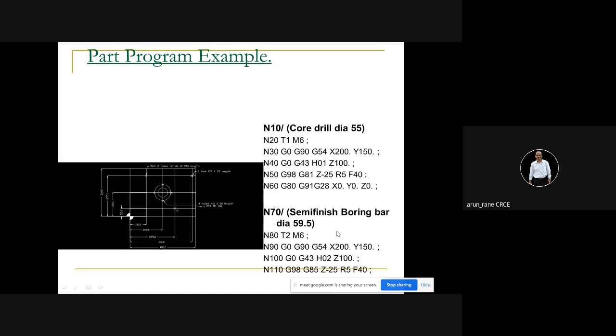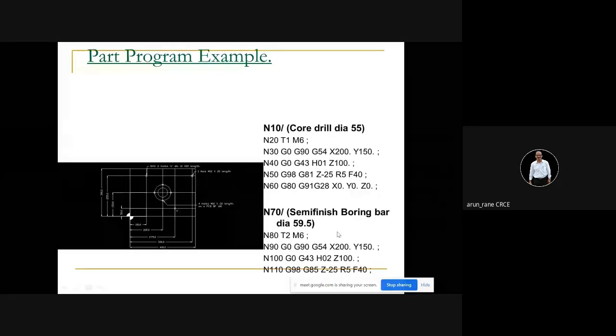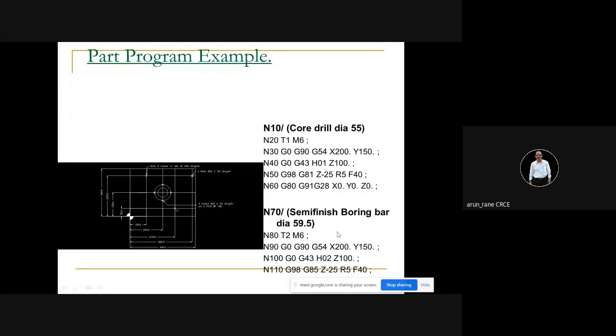The boring bar is retracted 1 mm or 2 mm and then it is moved up, so that your cutting tool point is not in contact with the bore. Otherwise, it will create a line mark on the bore. That's why G85, even though it is shown here, please do not use it.